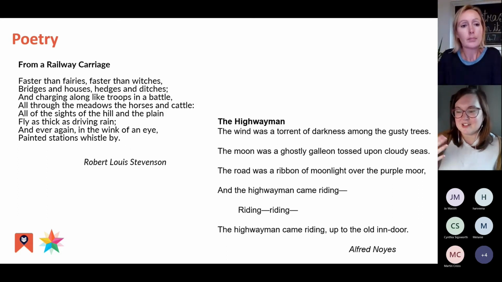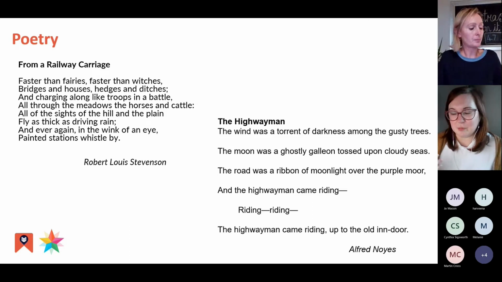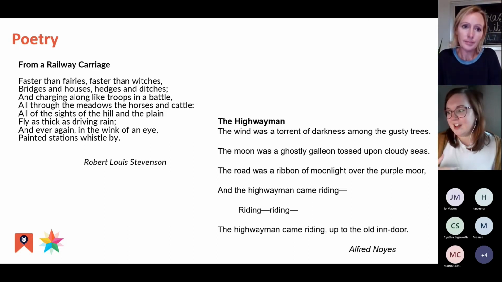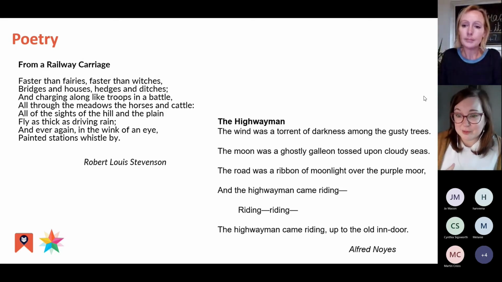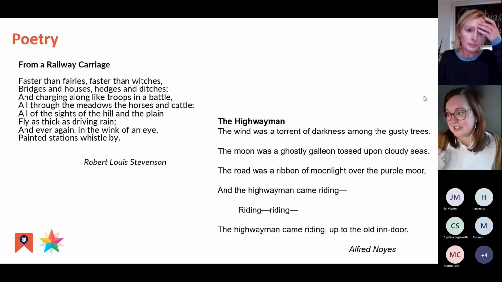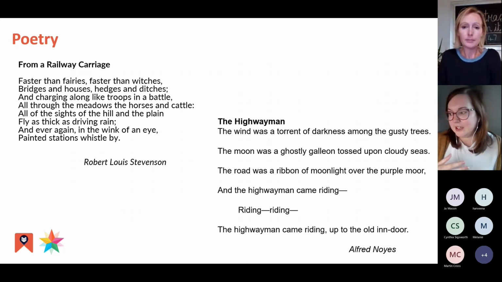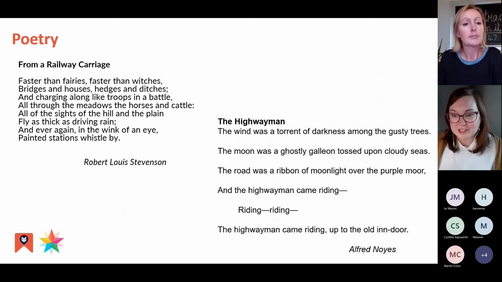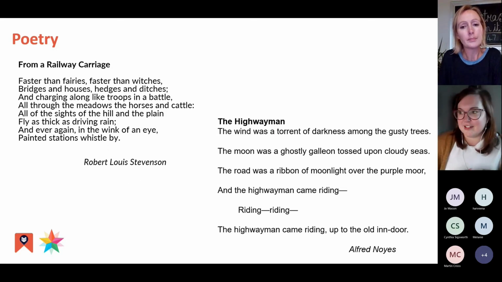And then as you start to explore that a little bit more with the children, well, what clues were there that maybe this was a train? So you've got words like faster, charging, sights, rain. The fact that rain rhymes with train might link in the child's mind. You've got the wink of an eye, talking about how quickly it's going past. You've got stations, you've got the whistle, you've got all of these vocabulary choices that have been really carefully selected by Robert Louis Stevenson to show that it's a train. So even without that title, which is always a fun thing to do, if you hide the title of a poem and then say to the child, what would you call this? I think it's always a great way to gauge their understanding as well.